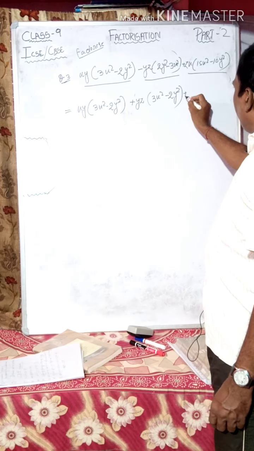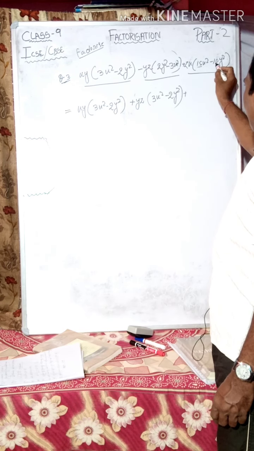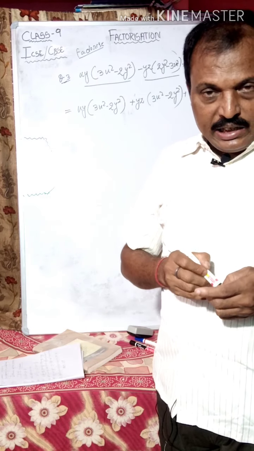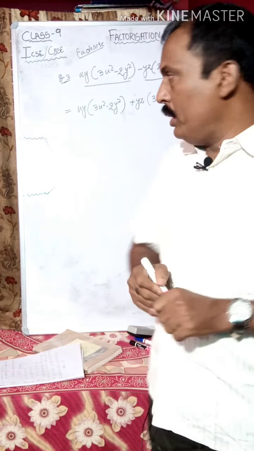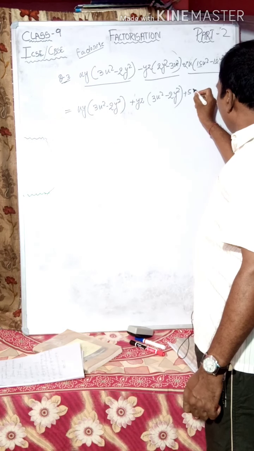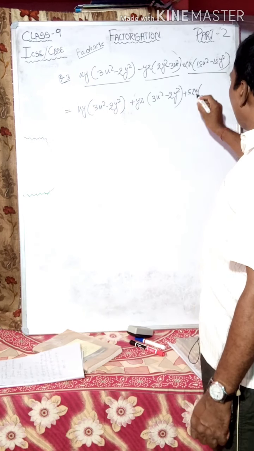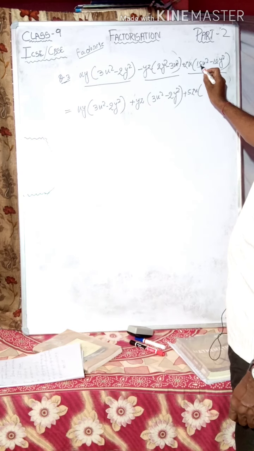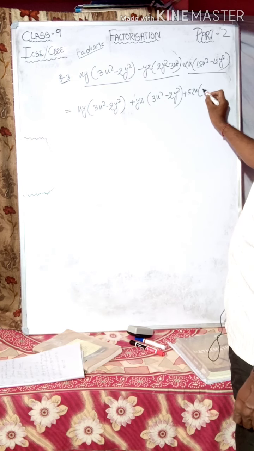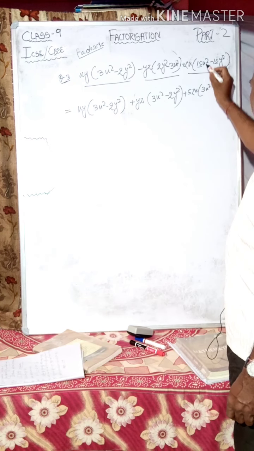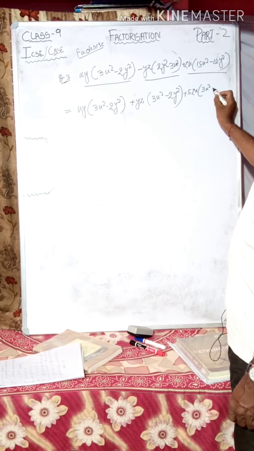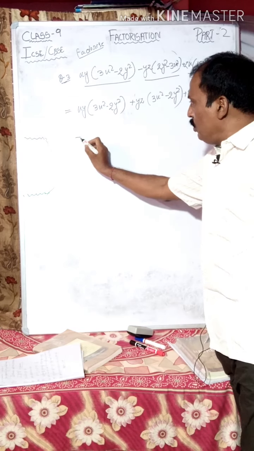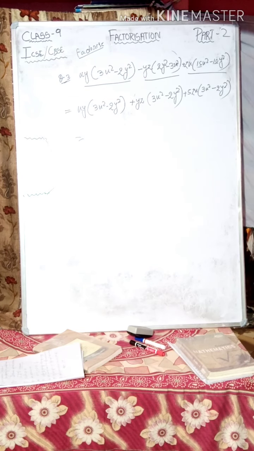Then plus zx, with 15 and 10 there will be a common factor, because we know the HCF of 15 and 10 is 5. So 5zx is taken as common, zx already taken as common, but 5 is also taken as common. Instead of 15x square we can write 3x square, because 15x square by 5 is 3x square, 10 by 5 is 2y square. Now look, in the second step,